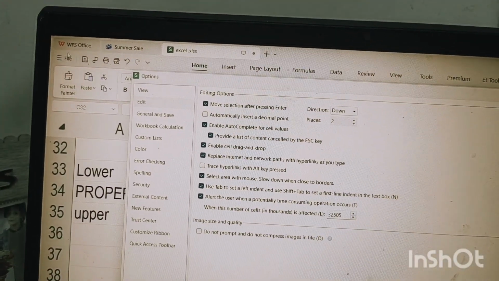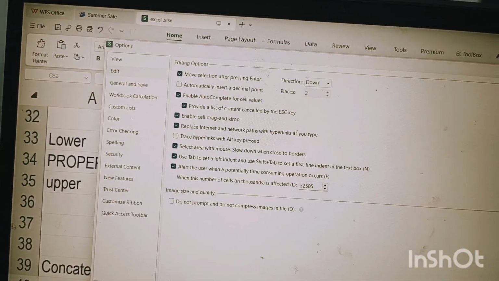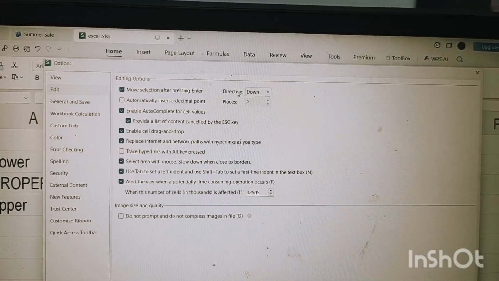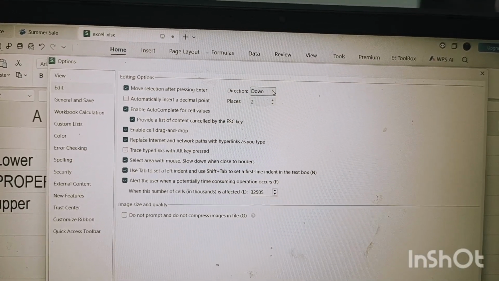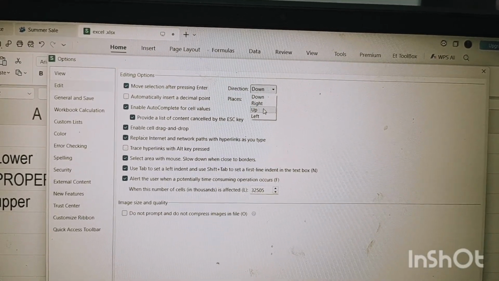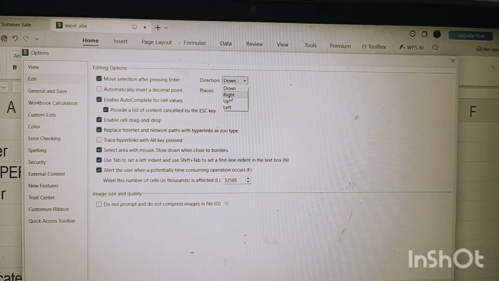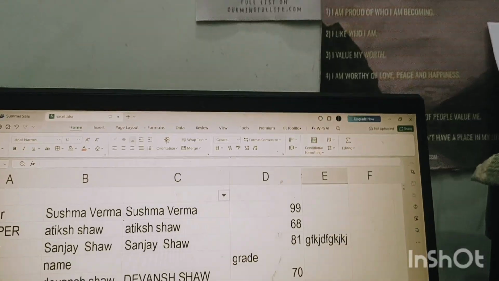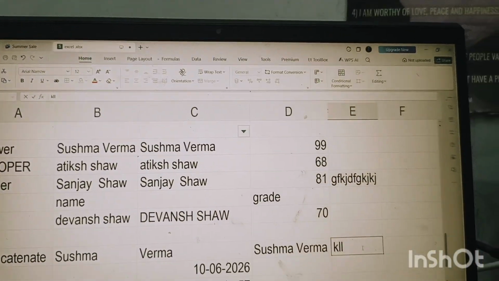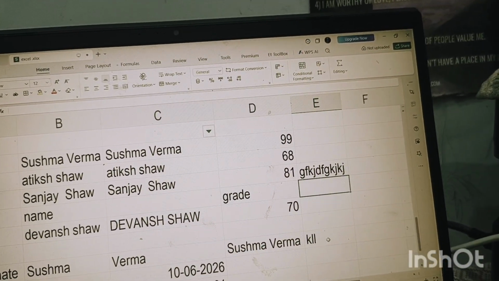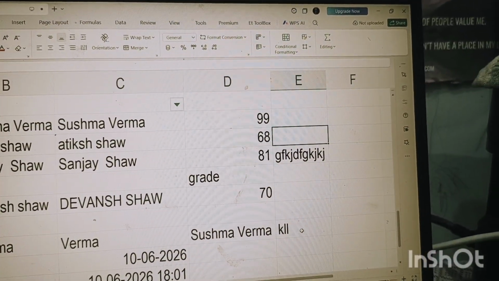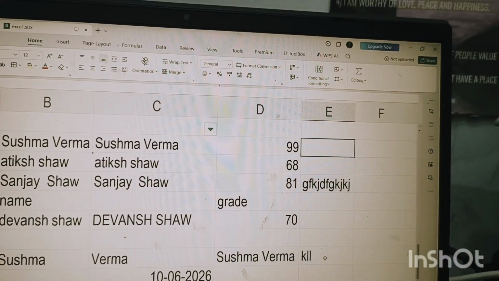After clicking on File, go to Options and then Advanced, where you will find the direction setting: down, up, right, left. If you select up and press OK, then your cursor will go upward after pressing Enter. Naturally, when we work it goes down, but now it is going up, so it is magical. Are you watching?